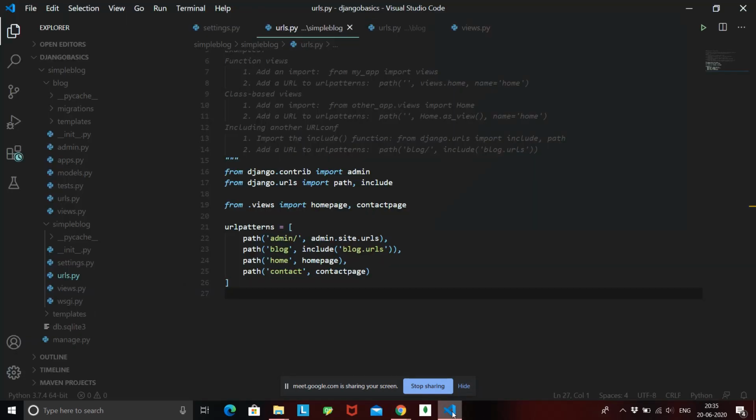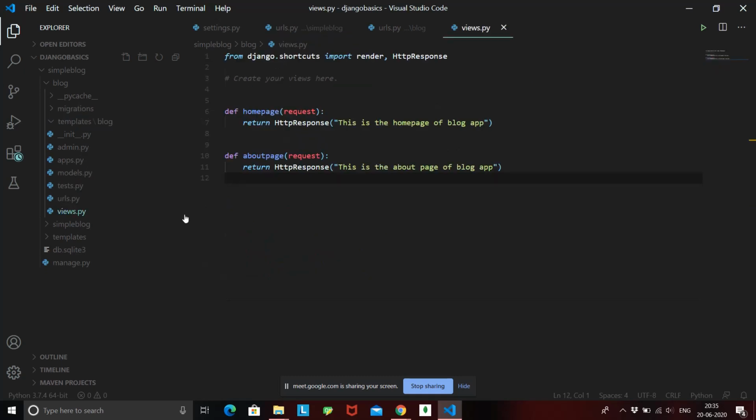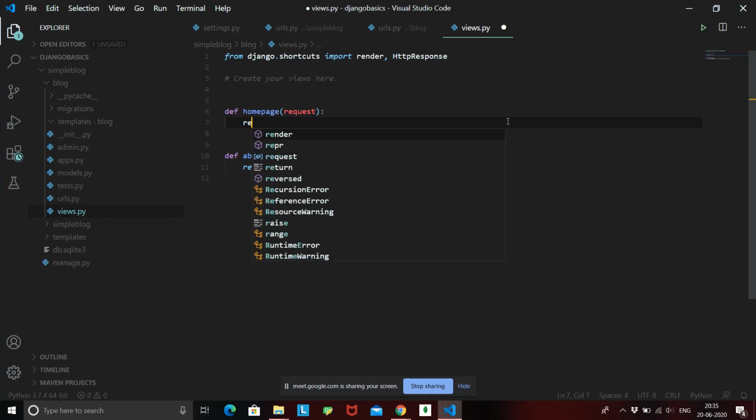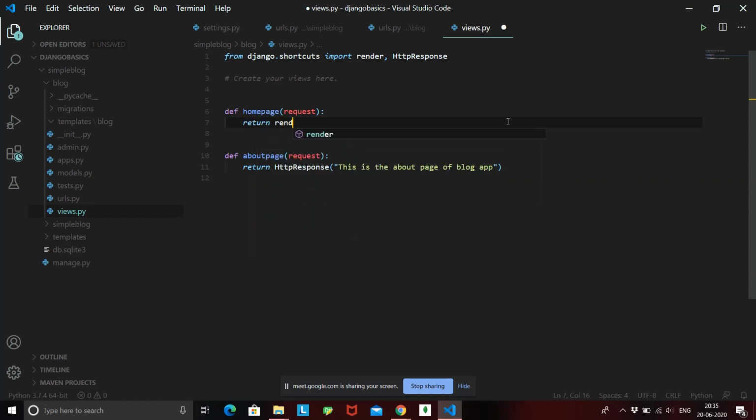Okay, so now how we can render out templates inside our app. Similarly as yesterday what we did, we just inside our views folder, instead of returning HTTP response, we rendered HTML pages, right? So let's try to render HTML pages here. So return render request and then the page name, right?